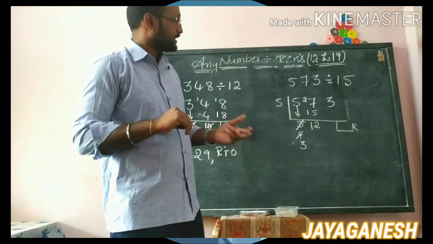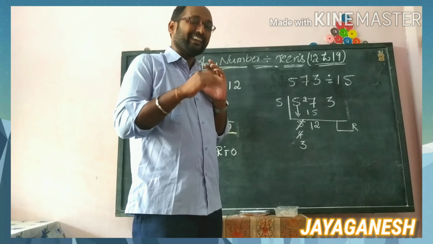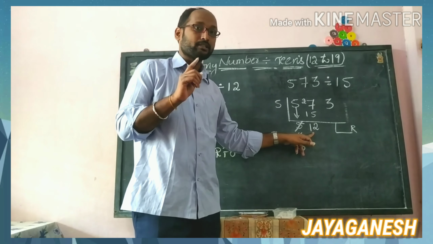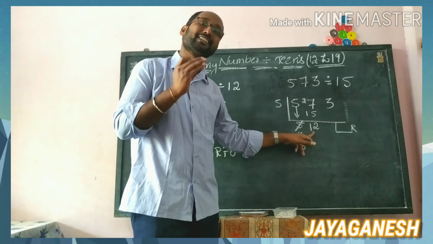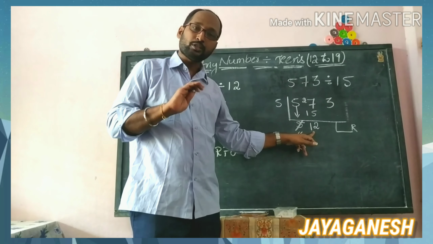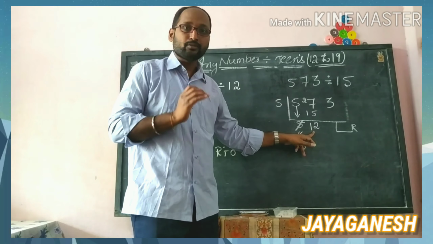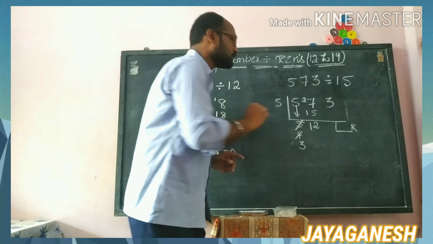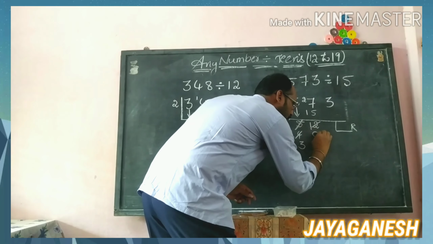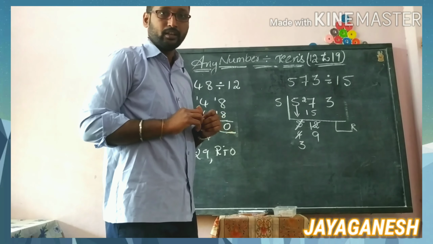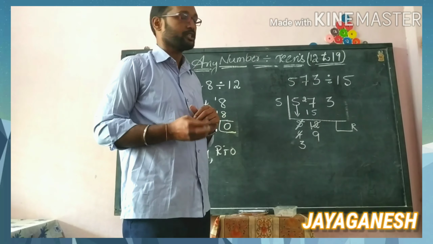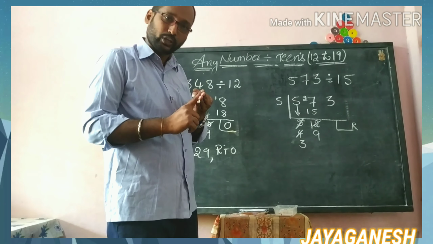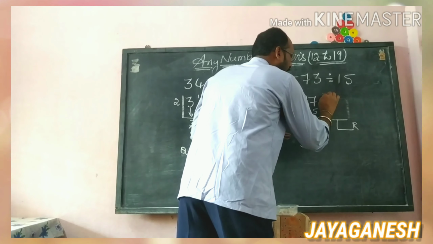See, you got 12. Here is one more knack, and with that knack you can tackle it. See, 12 is there in one place value. Not the ones place, any place: hundreds, tens or thousands, whatever place value it is. In that place value you will always get only a single digit. But I got a double digit, which means it is wrong. That's why you directly come to 9, because your highest single digit is 9. How many times did you reduce? Count it: 12, 11, 10. 3 times you can directly reduce. Then 3 you give here and check it now.